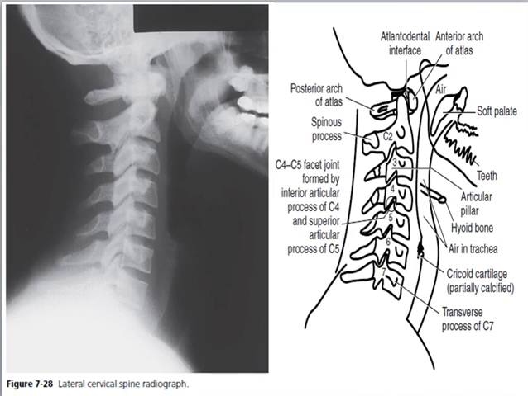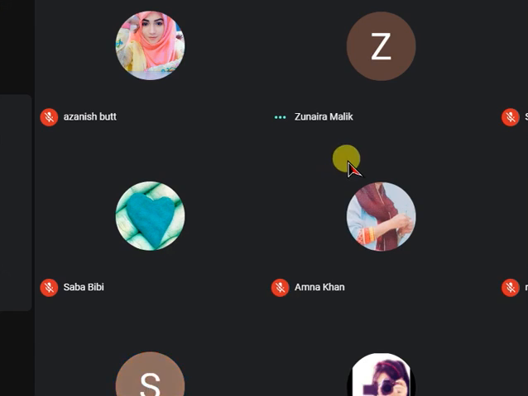Then you can look for this view. This is the lateral cervical spine radiograph. You can clearly see the spinous processes, and they have a typical Scottish dog-like appearance. I repeat, Scottish dog-like appearance of the facets of the spine. So this is the lateral view. You cannot clearly see the intervertebral foramen, but yet you can clearly see the space between the vertebrae, the facets, as well as the spinous process and other structures.